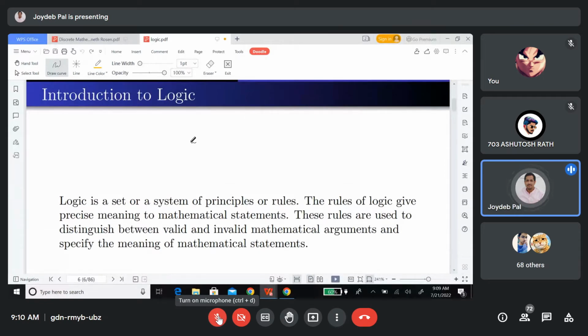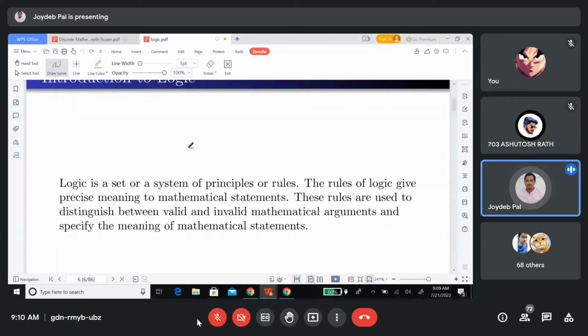Given some mathematical statements, we can find some precise meaning of them by using some principles or rules. And this set of principles or rules is called logic. Okay,